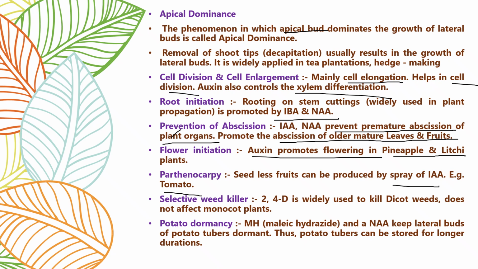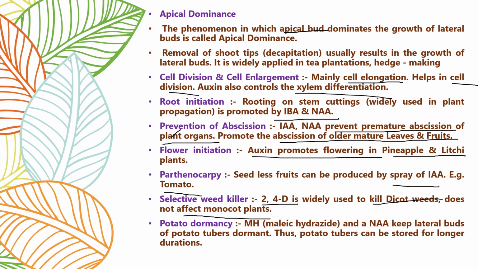Next one is selective weed killer. Auxin is also used as herbicide. The most popular herbicide is 2,4-D, which is used to kill dicot weeds, but it has no effect on monocot plants. Potato dormancy. If you want to grow a potato plant, but you don't want to grow it today, you